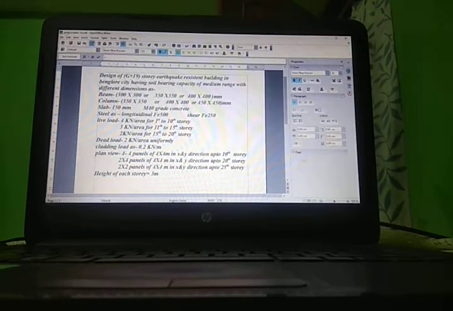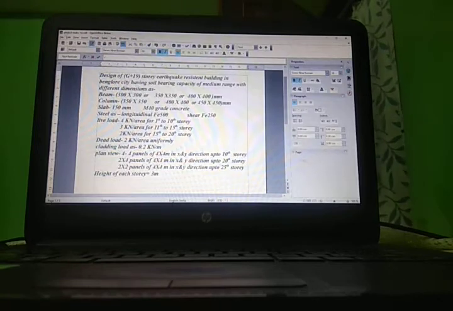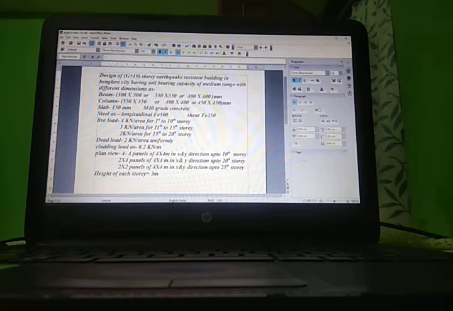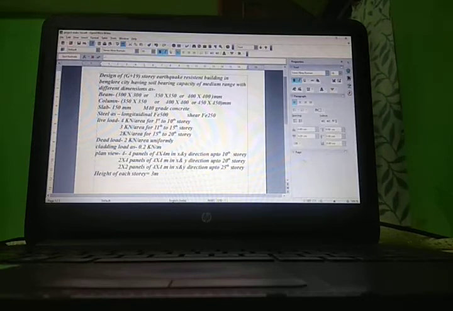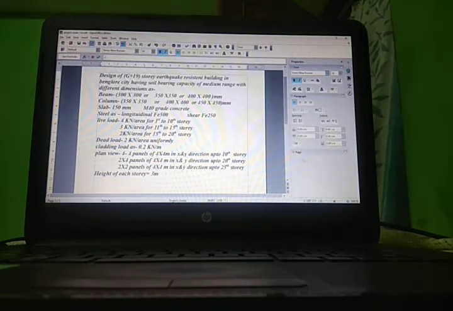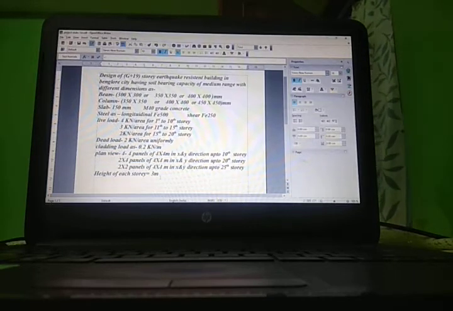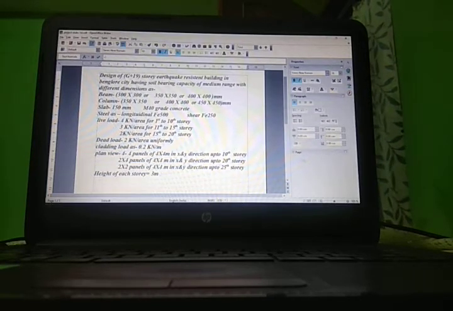For now, we will be designing the G plus 19 story building for the earthquake resistant structure using the ETABS software, for which we have the design data as shown in the window. Now we will be opening the ETABS software,